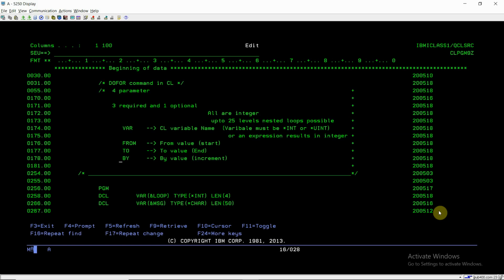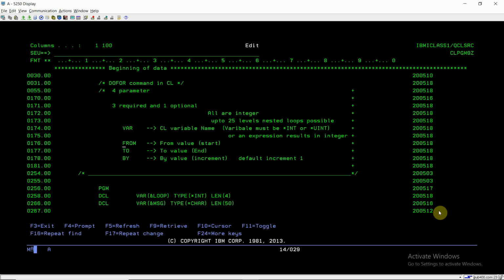The fourth one, which is an optional parameter, is the BY value, which is also known as the increment. Suppose I'm not providing this optional parameter, the default increment will be 1.